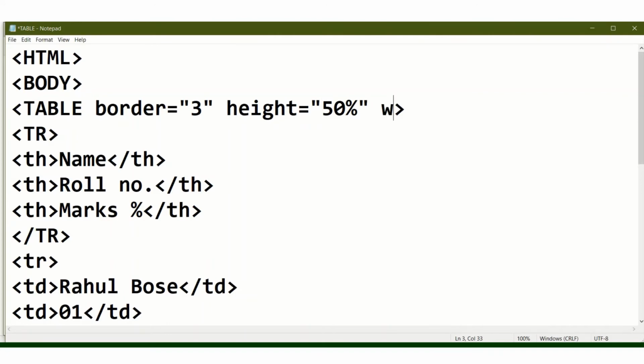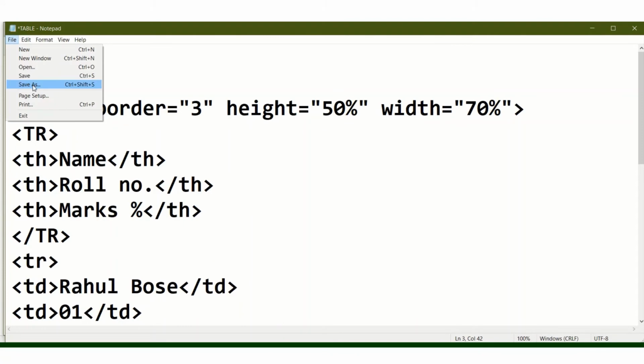Then the width of the table. Width is another attribute of the table. Suppose I am using 70% width. Okay, so let's see the output. The value of width can also be in pixels or percentage, and I am using the percentage.